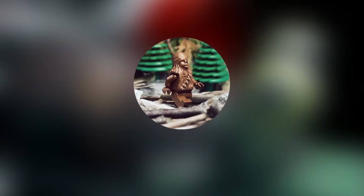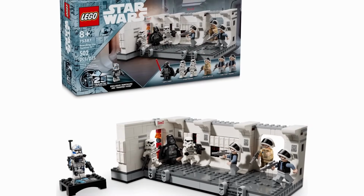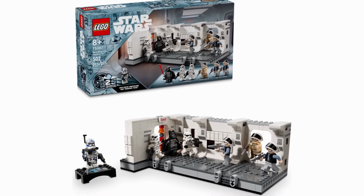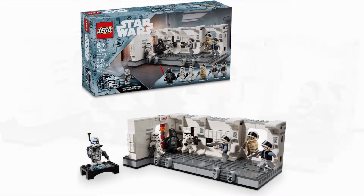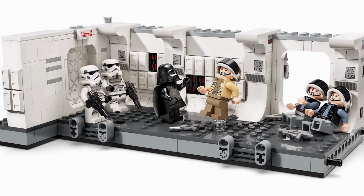Next up at the number 6 spot, I have what is one of the most talked about sets so far throughout this year, and that is 75387 Boarding the Tantive 4. This set has 502 pieces and a retail price of $55. And as you all know, this is one of the most hyped up and talked about sets